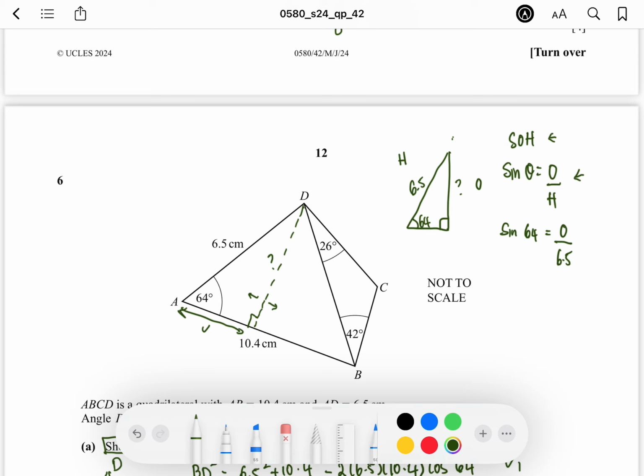Multiply both sides with 6.5 to get your final answer. Correct to three significant figures. So the perpendicular distance is equals to